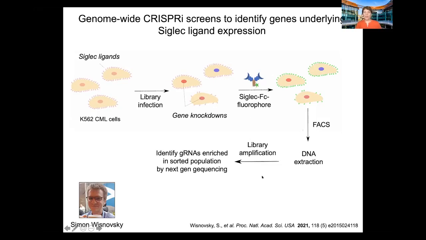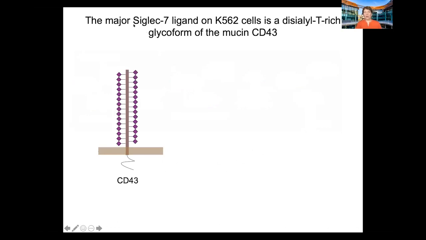And so I'll just cut to the chase that what we learned from this screen, focusing on initially the human Siglec 7, is that Siglec 7 has a very specific macromolecule ligand on those K562 cells. And it's an interesting protein called CD43, which is characterized as a mucin. A mucin is a glycoprotein that has long stretches of serine and threonine residues that are modified with O-linked glycans, clustered together so closely that the polypeptide backbone is forced into a rigid extended conformation, and this glycoprotein stands like a giant redwood tree on the surface of the cancer cell.